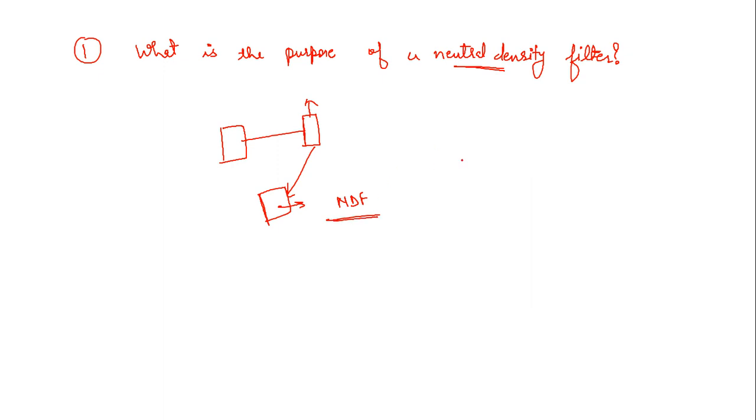Passing through this neutral density filter, initially if the intensity of the beam is say higher I, it would reduce to a smaller value. And the reason for this is when this light beam is allowed to focus on the sample, if there is no neutral density filter on the way, the intensity is quite high. This high intensity beam of light